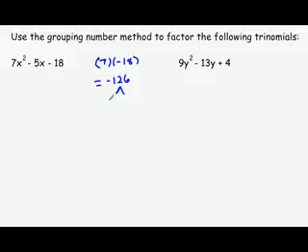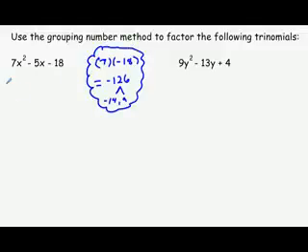We would find eventually by going through certain pairs that negative 14 and positive 9 is the pair that we want, and so we're going to split up our polynomial's middle term. We're going to have 7x squared minus 14x plus 9x minus 18. And we factor by grouping here, which means that we take in our first pair 7x